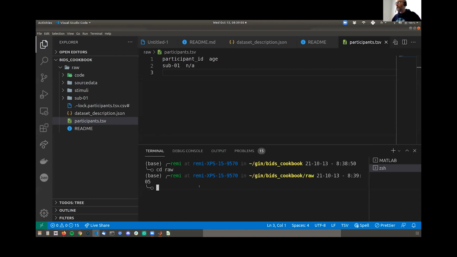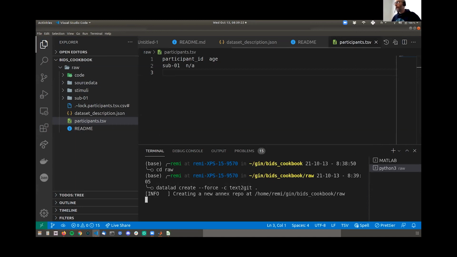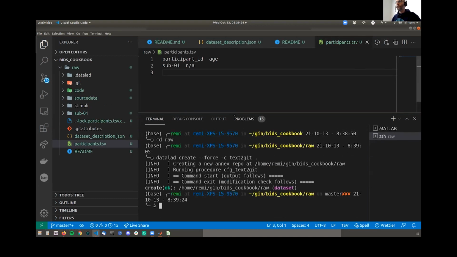You tell DataLad to create a DataLad data set. Use the force because there's already data in there, so DataLad would otherwise not create the data set. You just need to give it some configuration information. DataLad creates some extra files in there that you don't need to worry about at the moment.